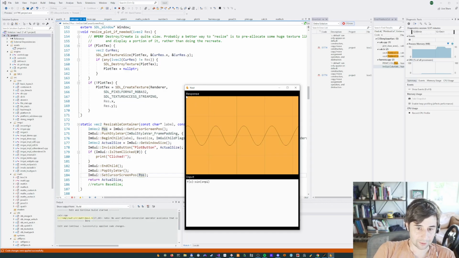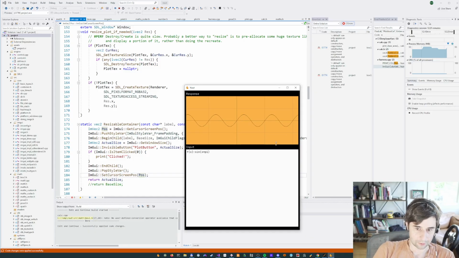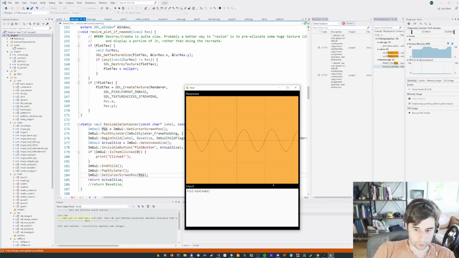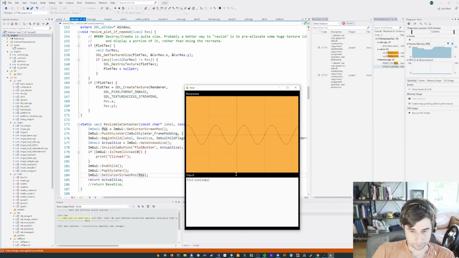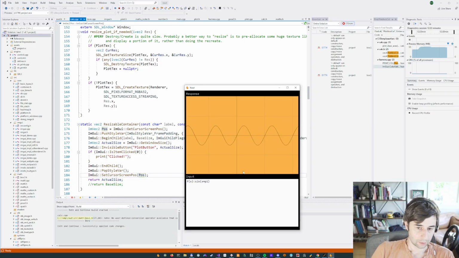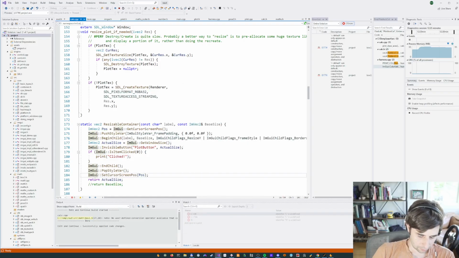And then I immediately make the image of the exact same size. So this is a really roundabout way for IMGUI to handle resizing of effectively an image. And if I don't set the cursor back,